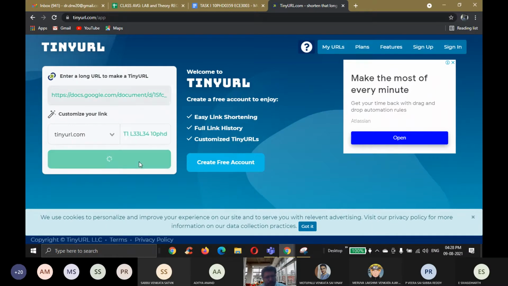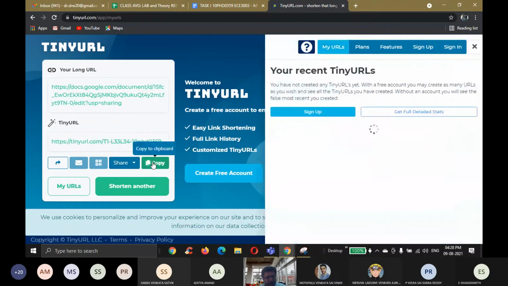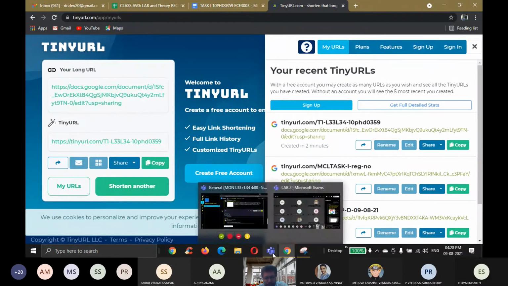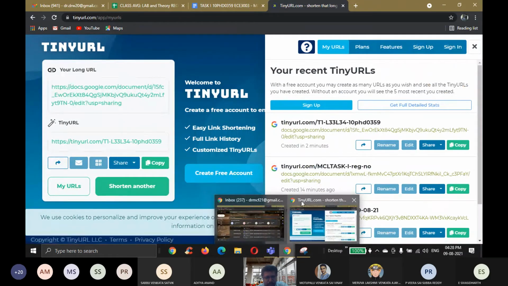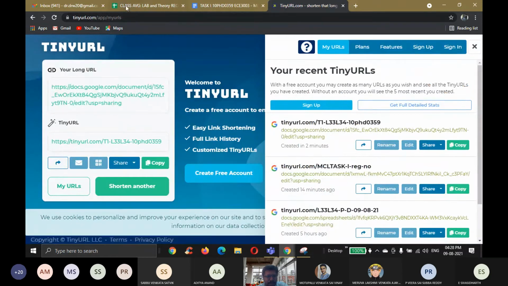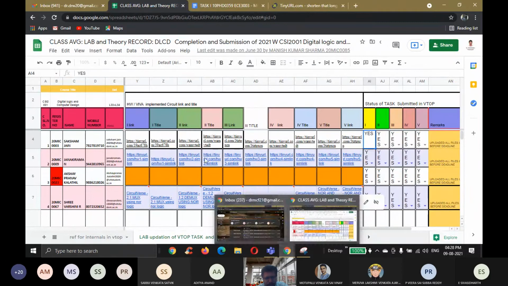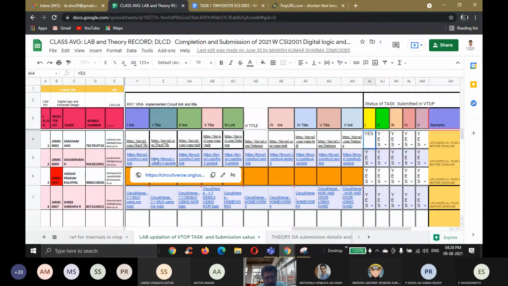Whatever way you are having. So task 1, then copy it, paste it. Okay. So this is a procedure to create the document which can be verified by the faculty as well as the research scholars. So you can see the previous batch students how they have done. Okay. So it will look like this, the tiny URL, your registration number.